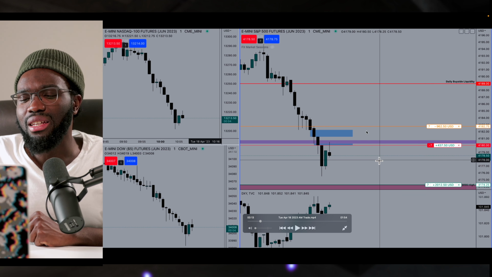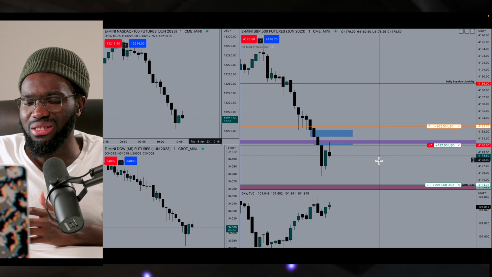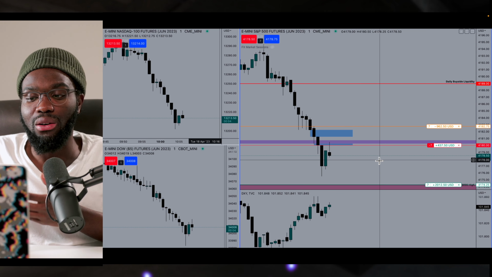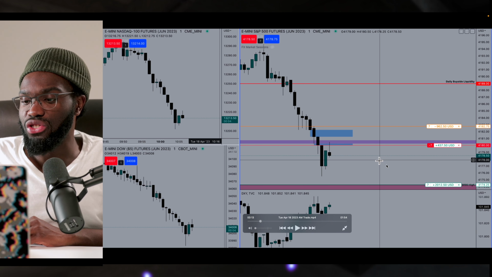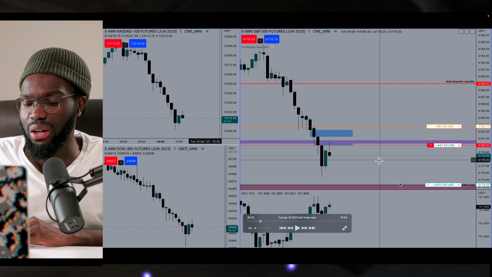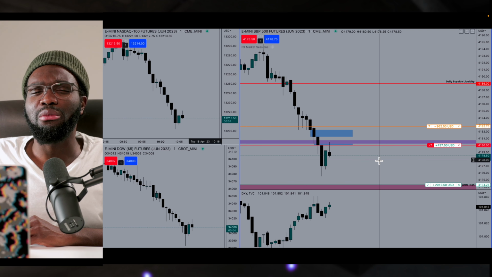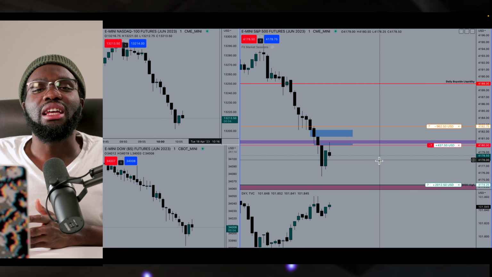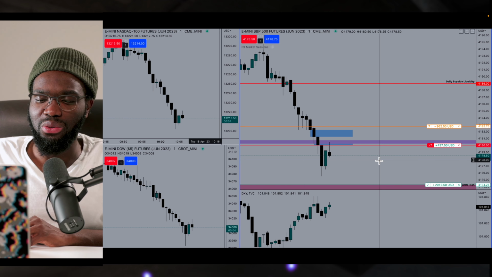So technically you can put your stop loss right above the top of this fair value gap, but I didn't, which is still all right. Either way, both work. Again, drawn liquidity was this new week opening gap down here. That was my drawn liquidity, and you can see I put my take profit there. Could I have moved my take profit a bit wider? Yes, I could, but like I said, I usually like my 1 to 2, take my pound of flesh and just let the market do whatever it wants to do.